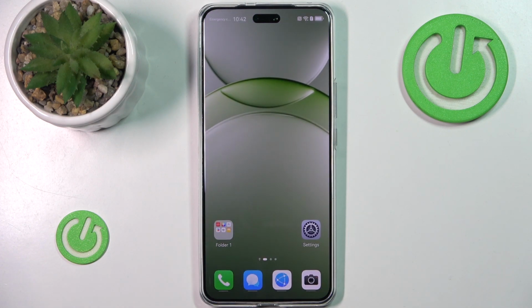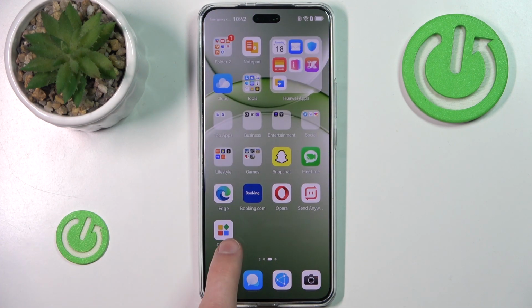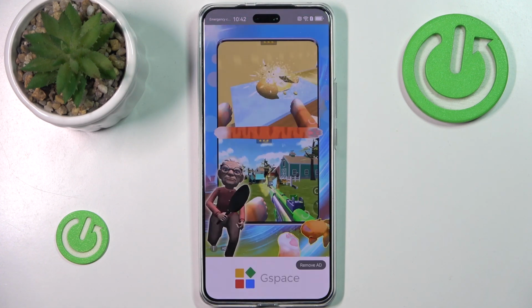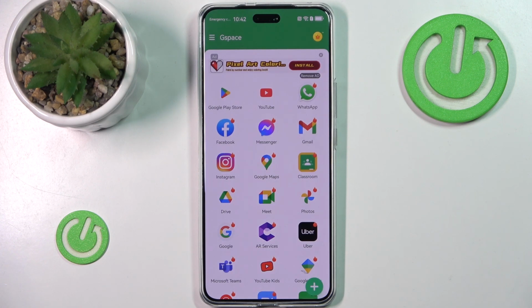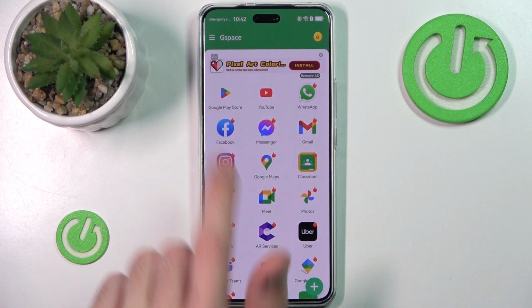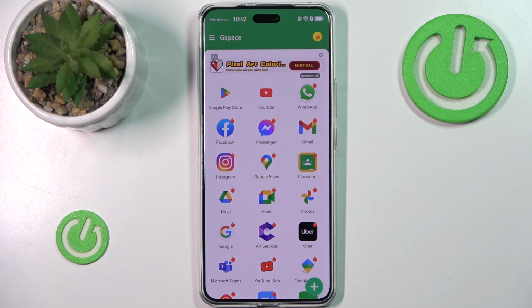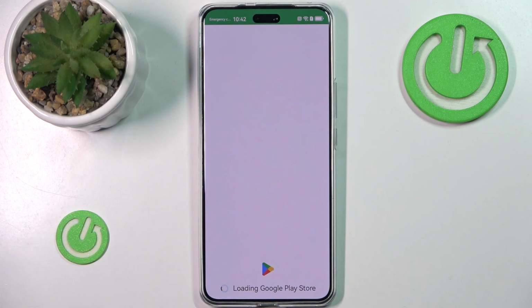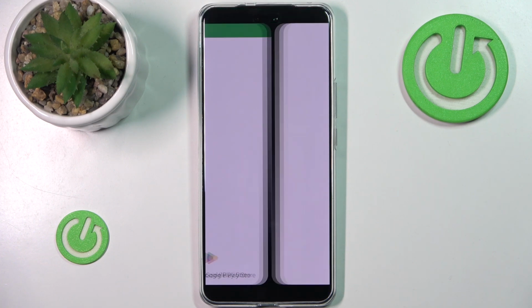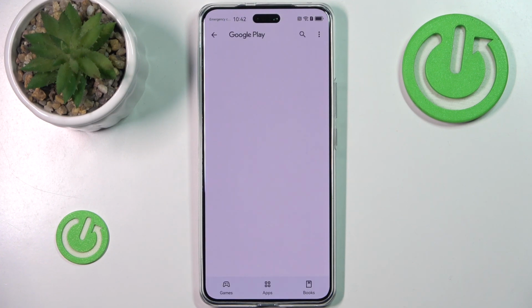So in order to actually download the legit one, we'll have to use the GSpace here. Now if you want to know how to set up, how to enable and how to use GSpace, we have a tutorial on that. It's called How to Install Google Play Store. Since we'll be downloading all the stuff from our Google Play Store, which is not normally available on any Huawei phone right now. So we simply hit Facebook here, and now the app will automatically open our Google